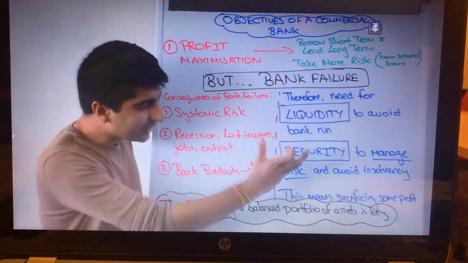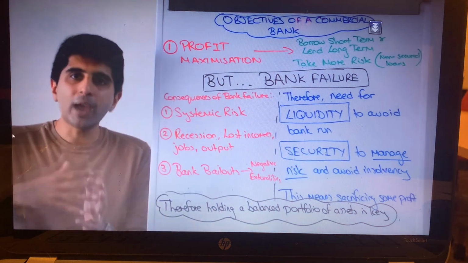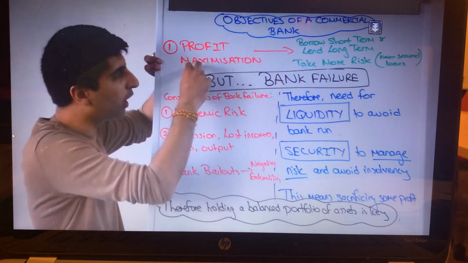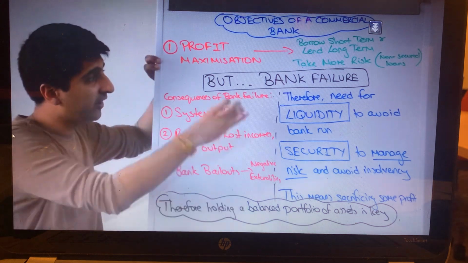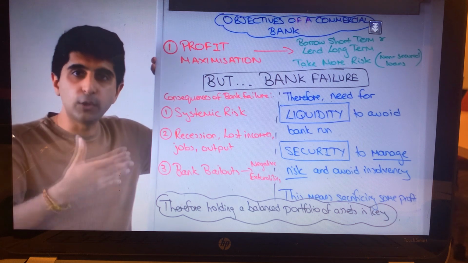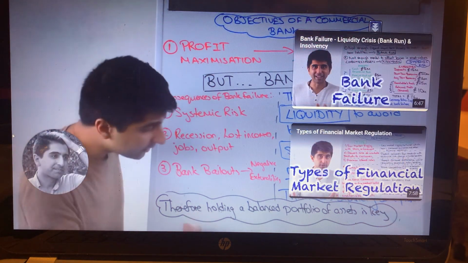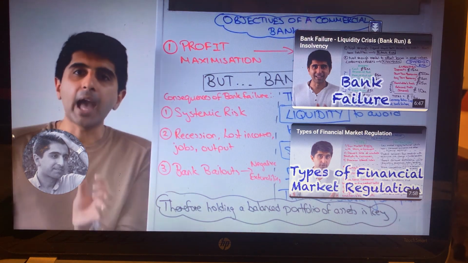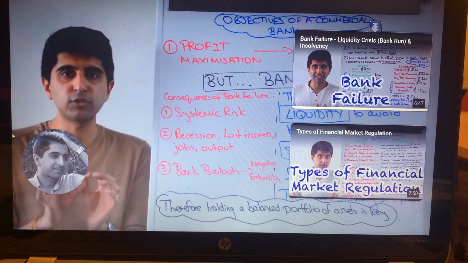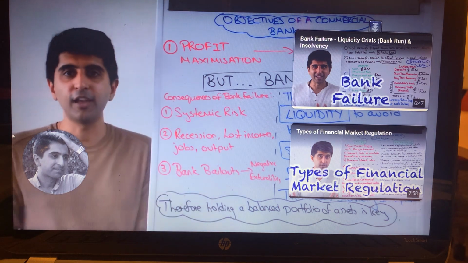But as you can see, for both, to keep liquidity, to make sure you're more secure and you're managing risk, you have to sacrifice a bit of profit as a commercial bank, which means it's not all about gung-ho profit maximization. Bank failure is scary. Therefore, having enough liquidity, being secure enough with the loans that you offer, is in the bank's best interest, and that means sacrificing a bit of profit. And that means the conclusion is that for a commercial bank, having balance in the portfolio of assets that they hold is in the best long-term interest of the bank, but also is in the best long-term interest of society, given these consequences of bank failure.